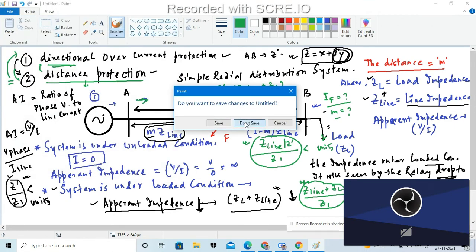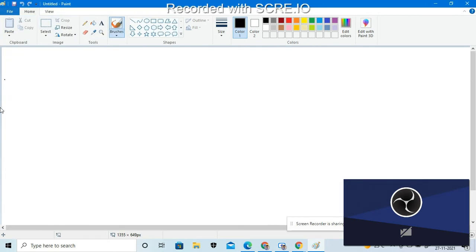Okay, in another case, we are implementing two different relays for that. One is under the distance protection relay: one relay we have to implement is an impedance relay, and another relay we will implement is the mho relay. So what will be the function of these two relays actually? First, we have to implement the distance relay.